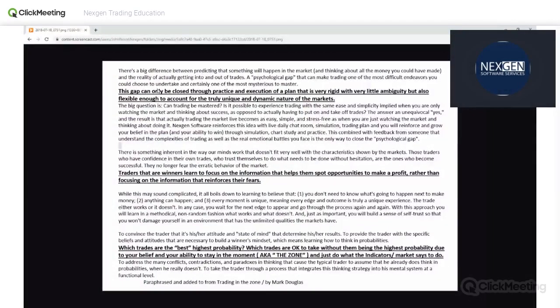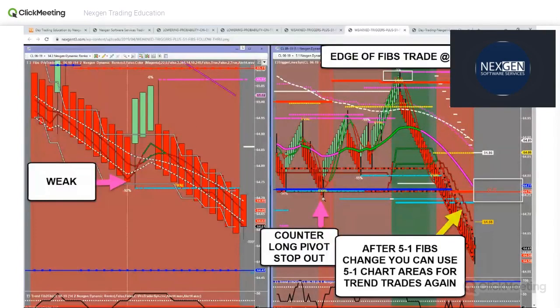And again, I want to go back to the original thought. The gap between predicting something that will happen and thinking about all the money you could have made, and the reality of getting in and out of trades or not doing trades, is one of the most difficult things. So what we've done is we've spent 22, 23 years seeing patterns that traditionally will stop the market or lower probabilities. It's not perfect, but usually if you have weak triggers and you have fibs and divergence, the market has a tendency to make a deeper retracement before it goes down,